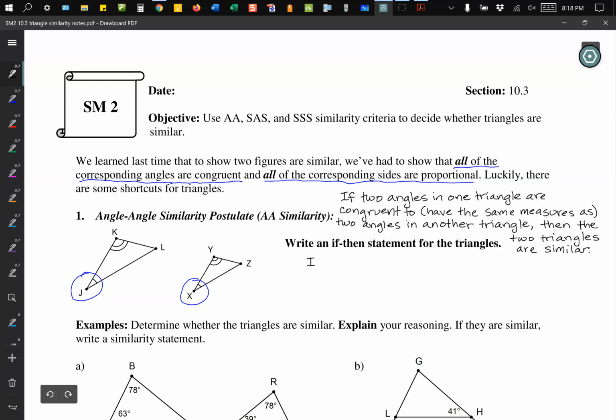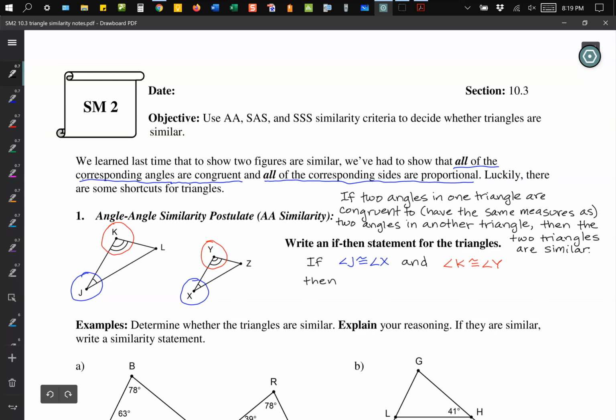So if angle J is congruent to angle X, I'm also told that angle K and angle Y are congruent. They both have 2 marks. So, and angle K is congruent to angle Y, then